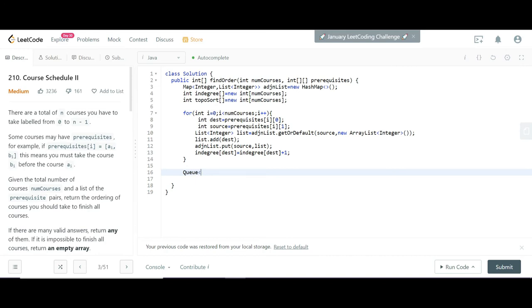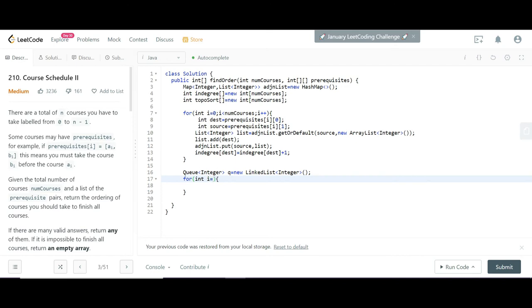A queue in Java is actually an implementation of linked list, so Queue equal to new LinkedList. Now I will define a for loop where I go through this in-degree array, and whatever node has in-degree value as 0, I will add in the queue.